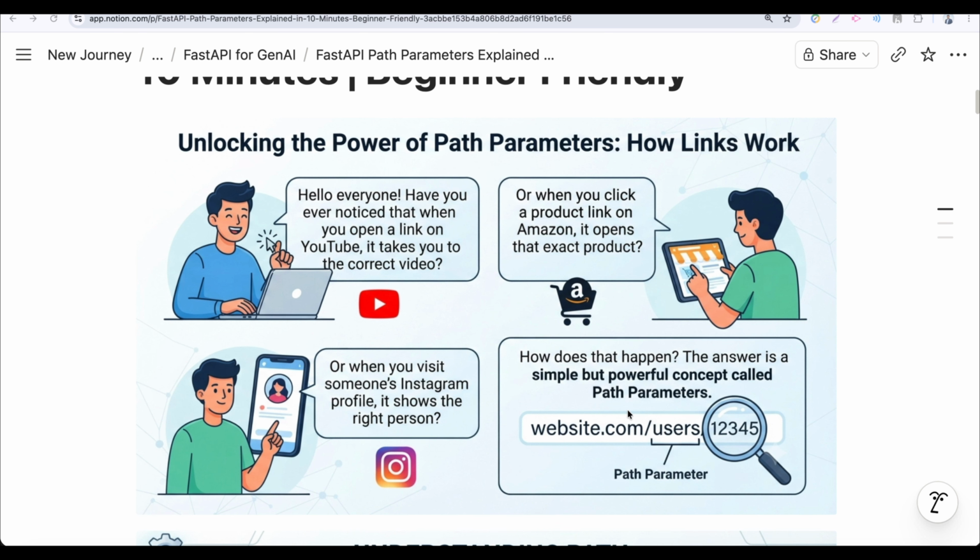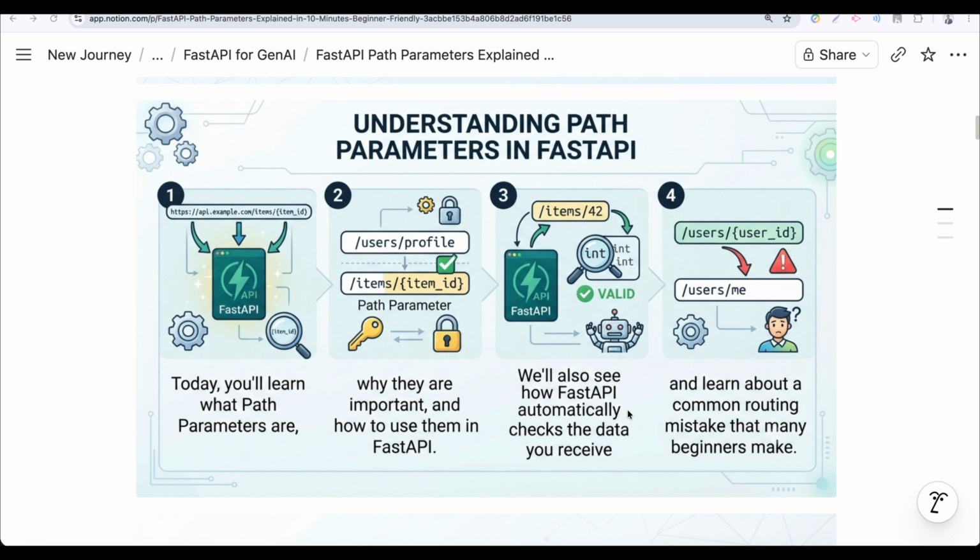Today, you will learn what path parameters are, why they are important, and how to use them in FastAPI. You will also see how FastAPI automatically checks the data you receive and learn about a common routing mistake that